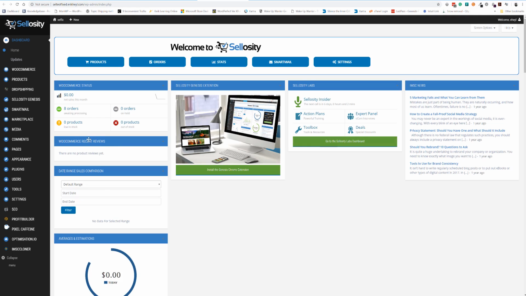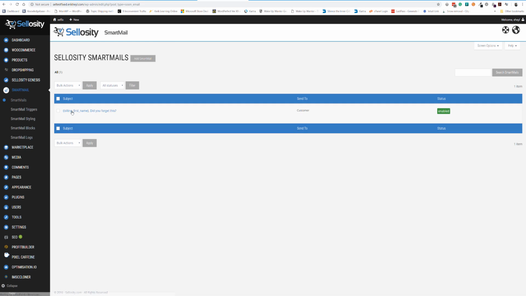Okay, so quick thing on SmartMail. Not a lot of people use it for one thing, but there's a few things you can do. First of which, if you go into SmartMails, you see here you've got this billing first name. Did you forget this? So this is when you have a customer going through